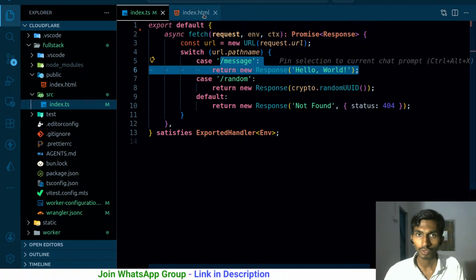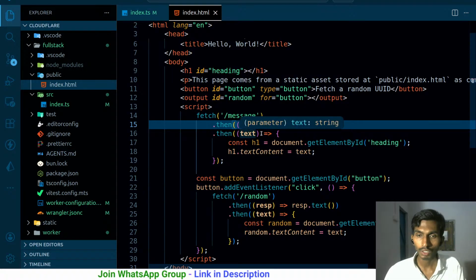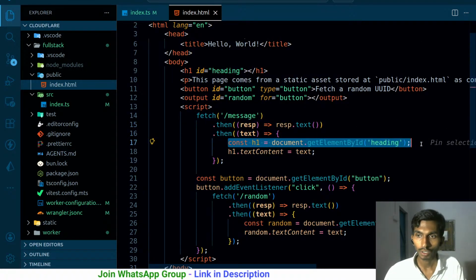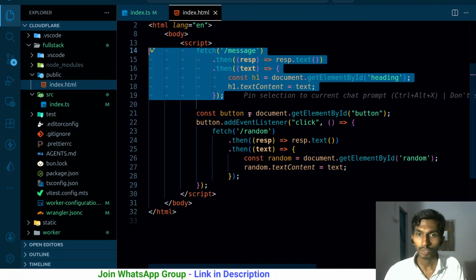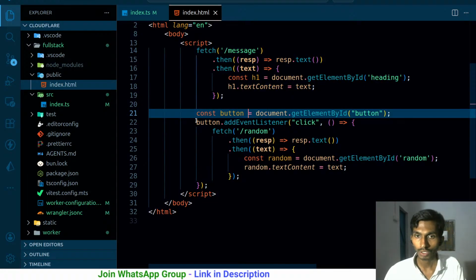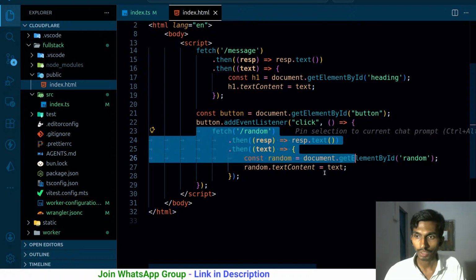This message will return hello world. Once I get the response.text, once I get the text, I add it. Amazing job here, lovely. Coming back to this one, getting the button. Once I get the button, I will click, go to the random, get the random, and add the random button. Whoa,